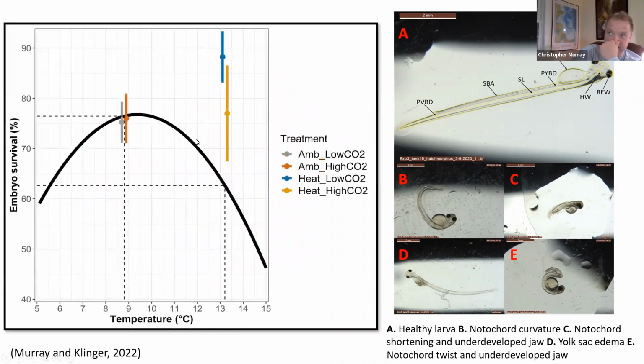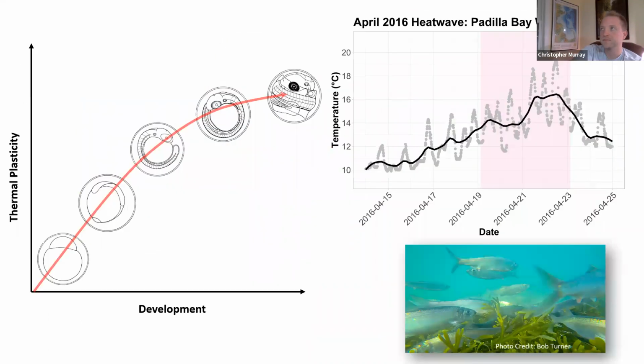So in the end, despite predicting about a 20 percentage point decline in survival, we didn't see that at all under the heat wave. So all in all, what we found is that despite there being some important bioenergetic effects, these embryos showed a remarkable tolerance to the combined effects of what would be a pretty extreme heat wave, combined with very high CO2. So this is good news for Pacific herring embryos. They show a lot more environmental plasticity than I predicted going into this trial. But a couple of things demanded immediate follow-up.